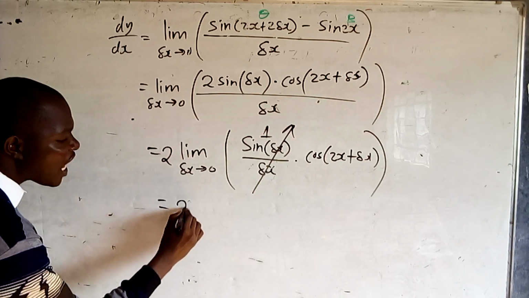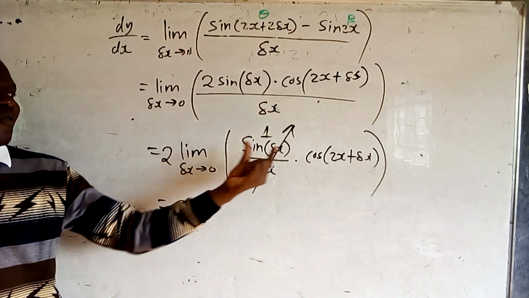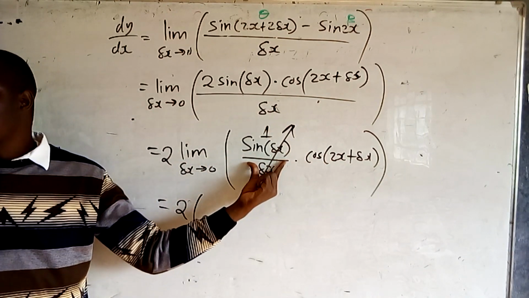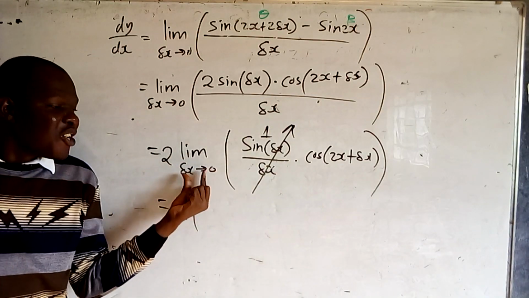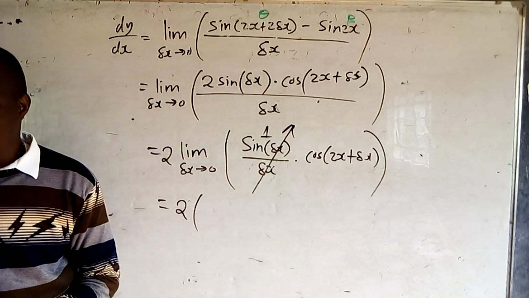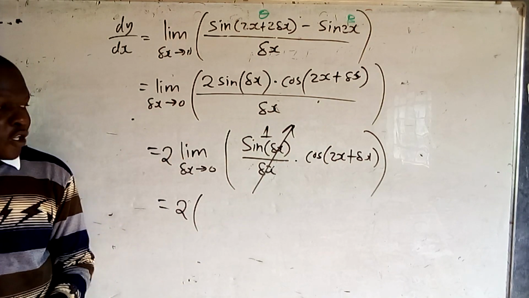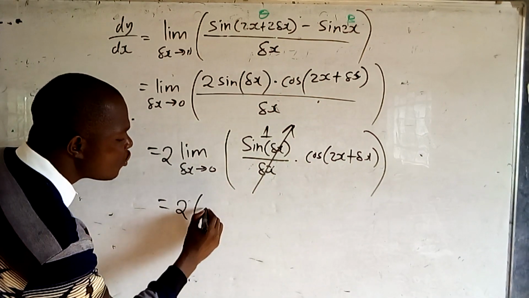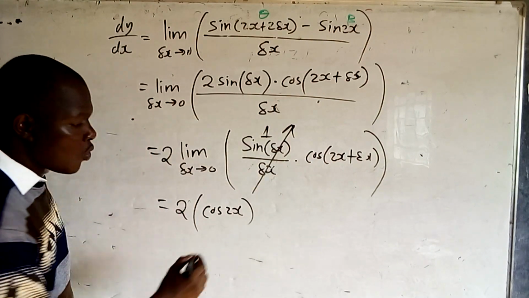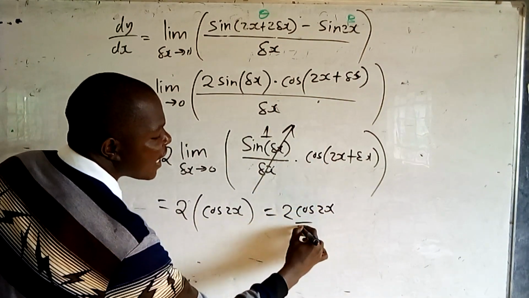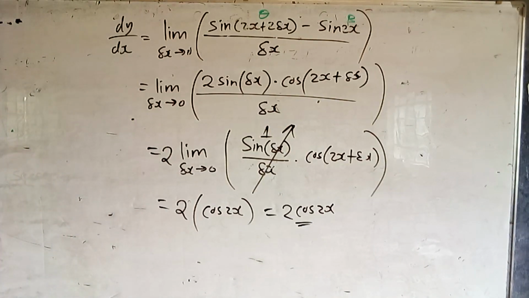So what do we remain with? We now remain with the 2. Then for us to get rid of the remaining limit, because this first limit we've already found to be 1, isn't it? Then the second limit is what we eliminate by substituting 0 where there is change in x to get rid of the limit. Are you seeing that? Are we together? So where there is change in x, if you put 0, what do you remain with? You remain with cos 2x. So what have we found in the end? 2 cos 2x to be the derivative of the function sin 2x. Are you seeing how it is simple? Very simple. So that is how we handle